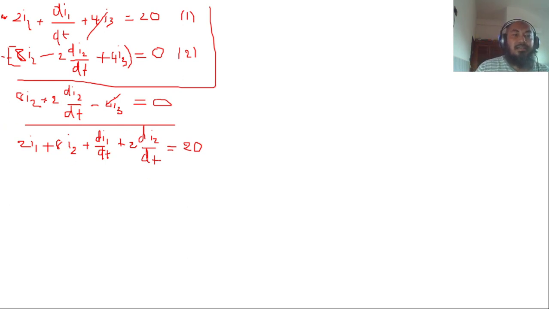that's the equation that we can get. Okay, so meaning we already have I1 and I2. Okay, and don't forget we have I1 equal to I2 plus I3. Okay, so